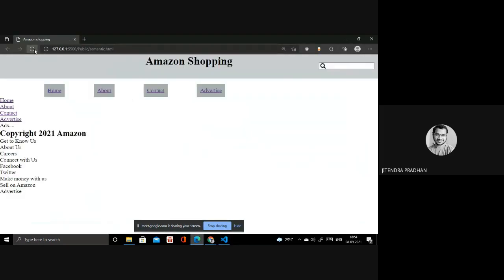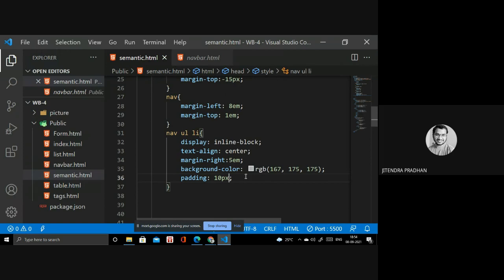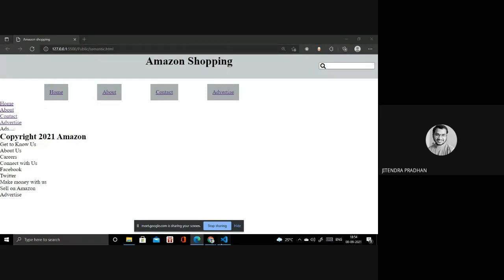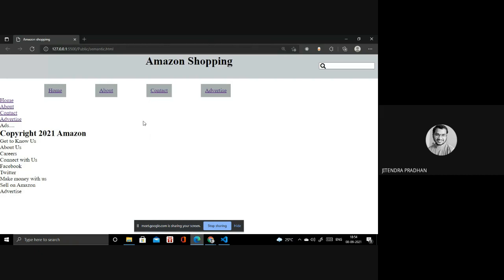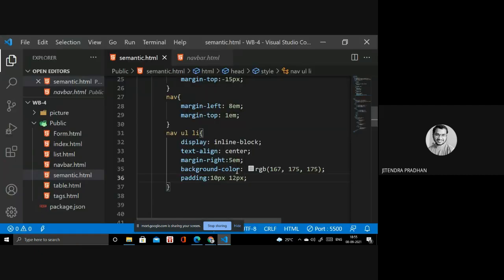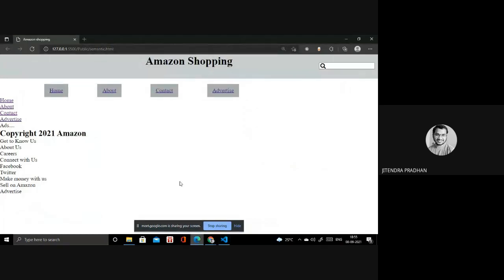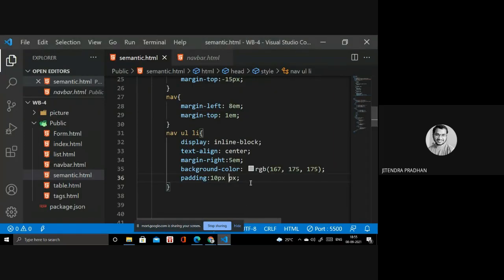What is padding, what is margin, I will teach you later in CSS also. So now you have to observe what happened inside that. It's 15 pixel, but I don't require that much. If you give 10 pixel and 15 pixel, it will be counted better. It's like 8 or 12 pixel. If I change that, let's see what happens. I will give 25.